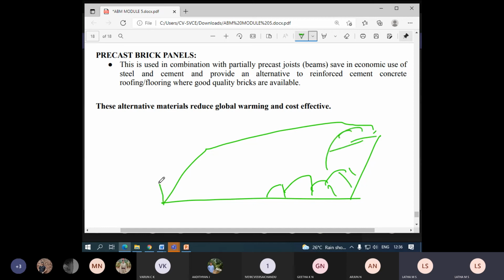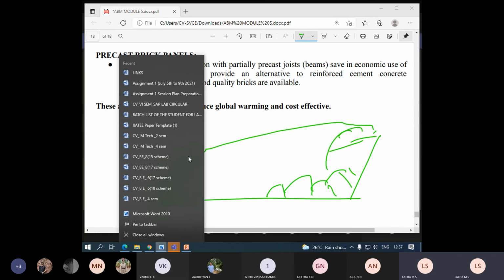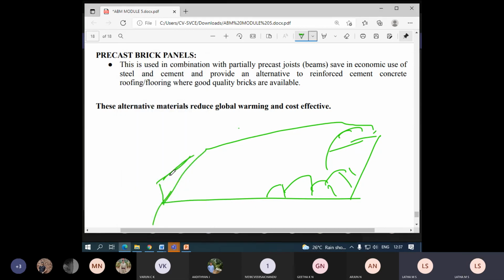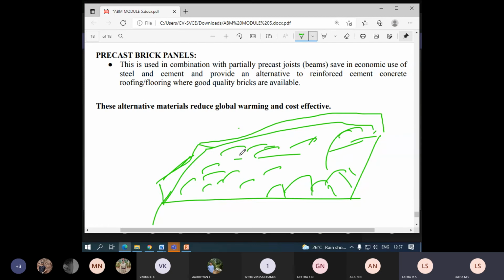This is a rectangular tray having some thickness of 10 mm. Then you pour all the chips into the tray. You can put the chips in the tray, break it and crush it. Then you can use a cement slurry and compact it completely. You get a rectangular panel. This panel can be used for the roofing purpose.